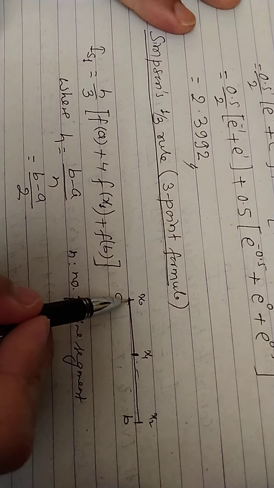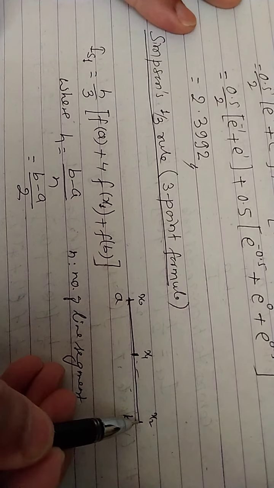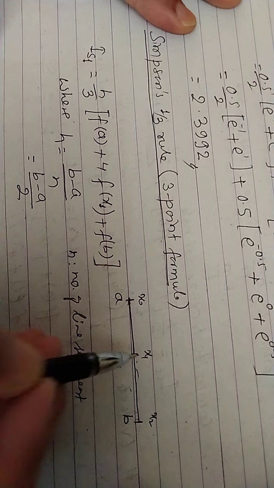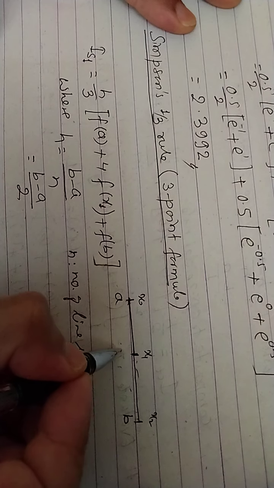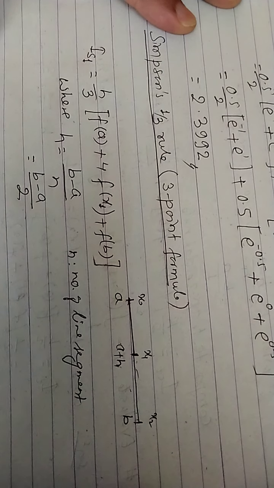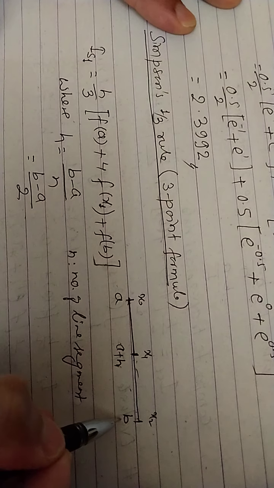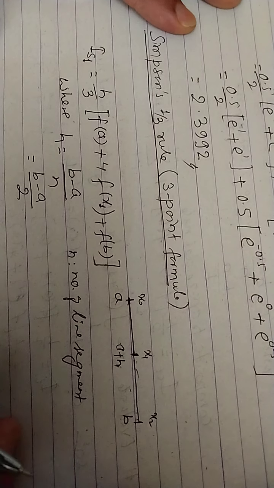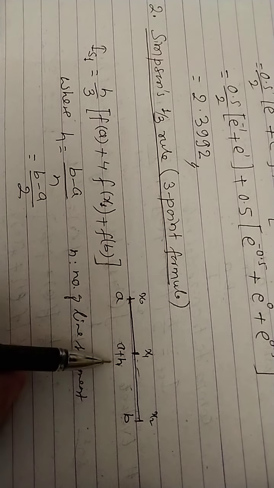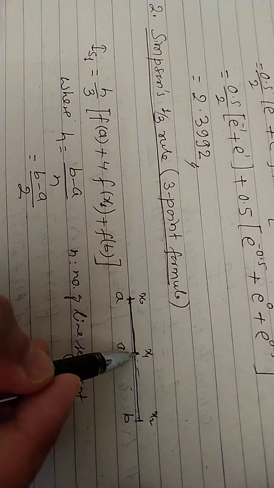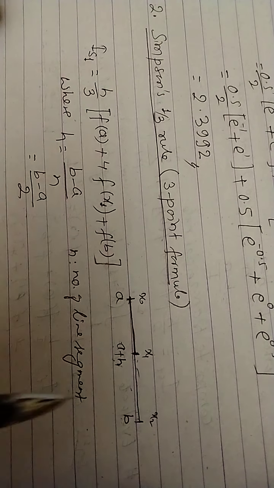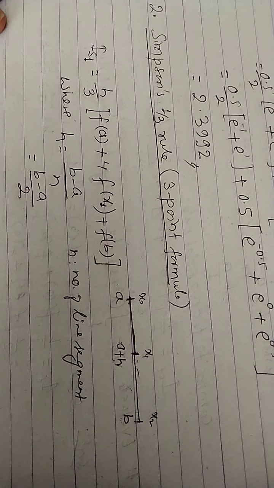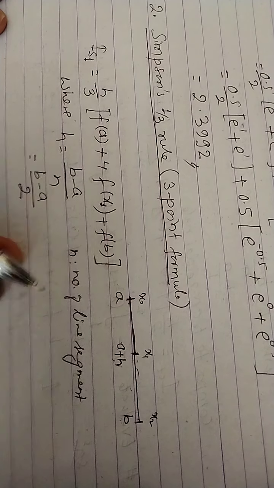Okay so this is your a, this is your point x1, this is your point b. a and b are the limits given in the question, this is the third point. So यहाँदेखि यहाँसम्म भनेको h हुन्छ इन्टरभल, अनि यहाँदेखि यहाँसम्म पनि h हुन्छ। सो यो पोइन्टको भ्यालु a plus h हुन्छ, त्यसैगरी यो पोइन्टको भ्यालु a plus 2h हुन्छ, that will be equal to b, but that will be given in the question itself. त्यसैगरी चारवटा पोइन्ट भने a plus 2h, a plus 3h, a plus 4h हुँदै जान्छ है।